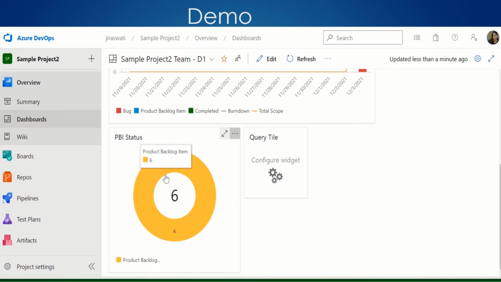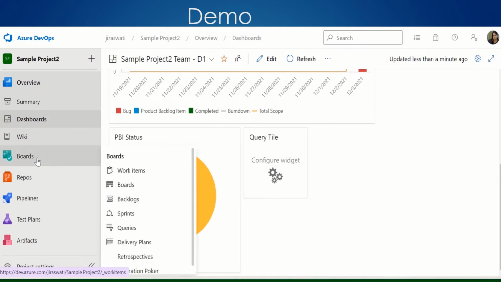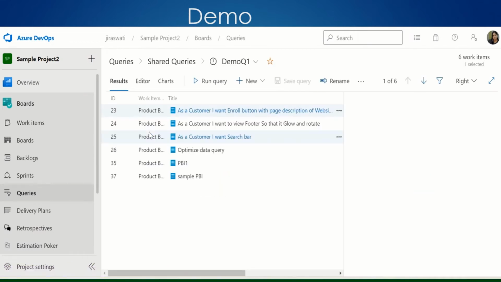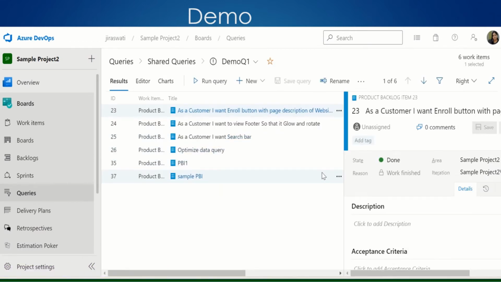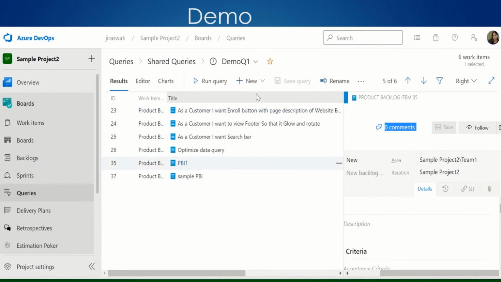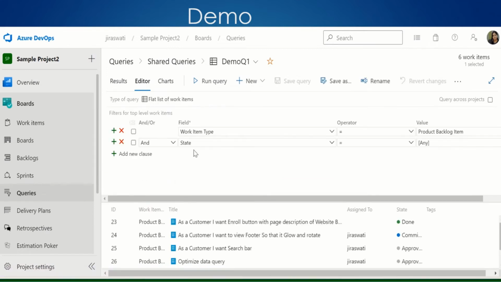Now you want to see PBI versus some other work item, right? So what I'll do, I'll go to my query section again. I'll go to this demo Q1, editor.